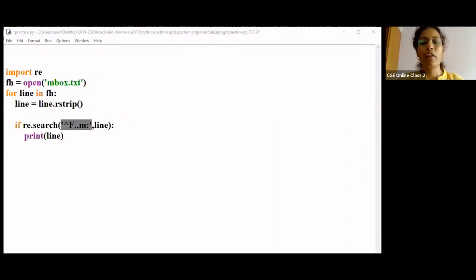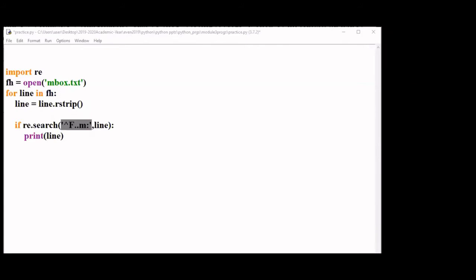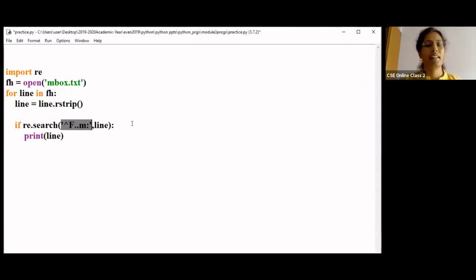You have to search for lines that start with From and have an at sign. So for that, what should I do? What is the regular expression I need to write? With From and star, and then the at symbol and then star.